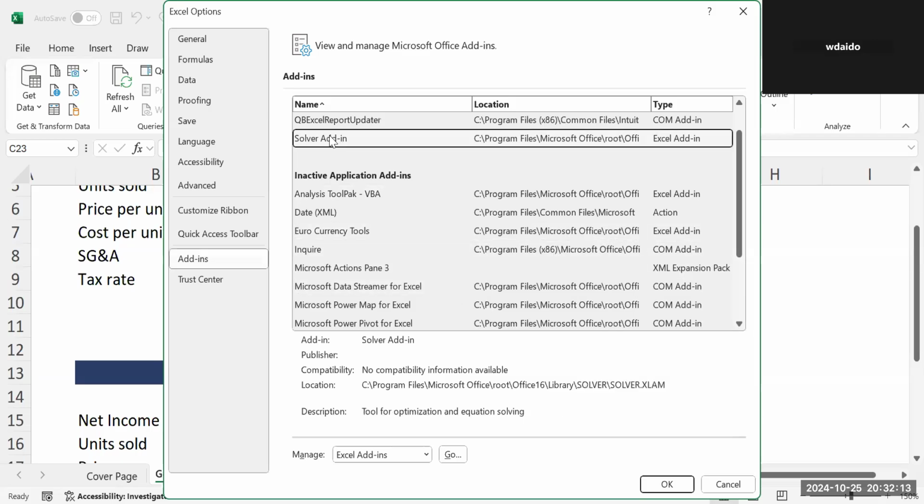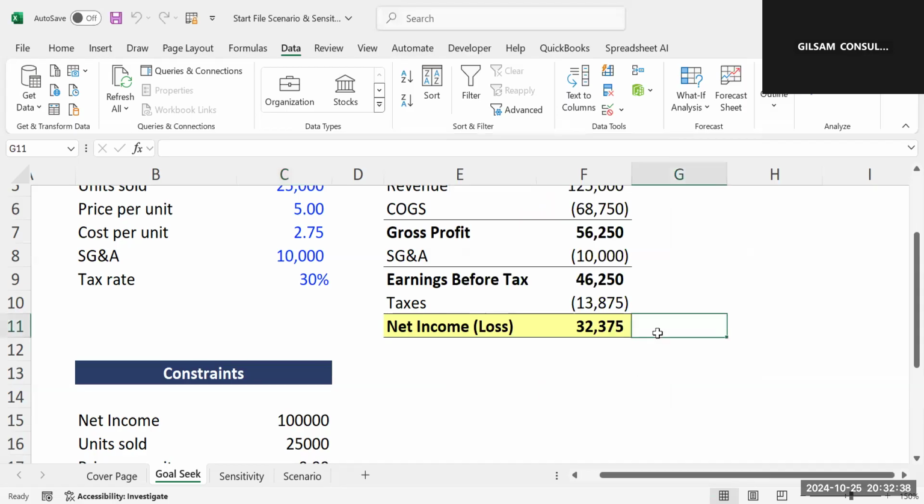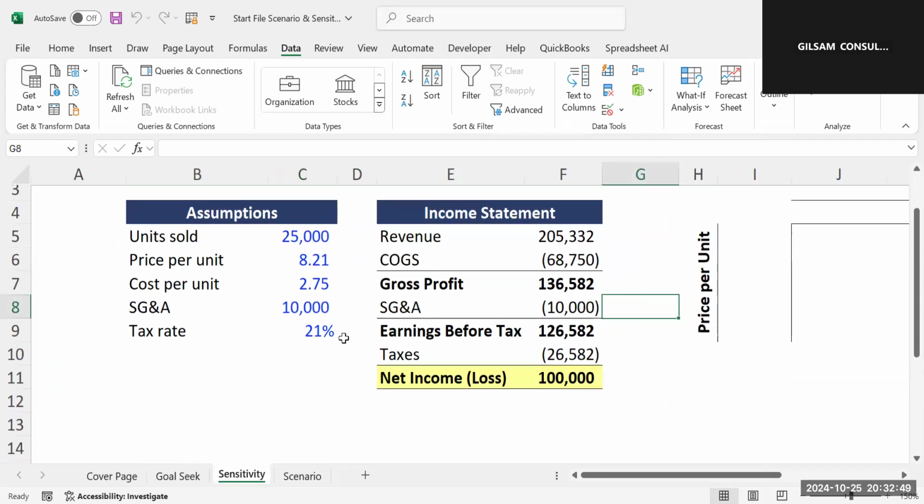Yes, so click that Solver add-in and then click Go. You will get this here. Once you get it, tick your Solver to activate it. Click OK, so you will be able to get that, and then you will follow the same procedure. If your Excel runs well, you'll be able to get 25 units at the price of